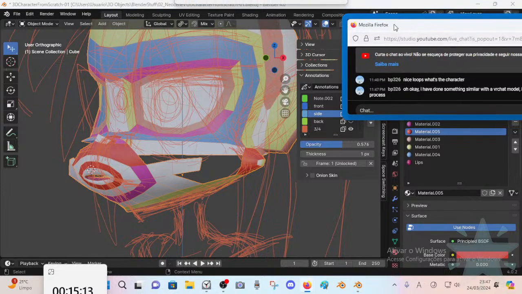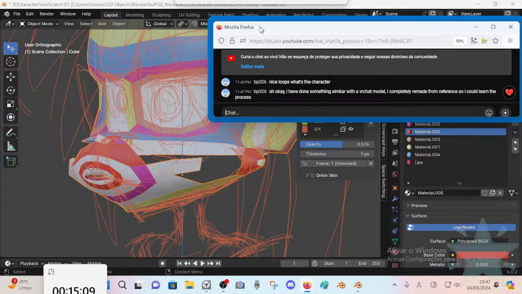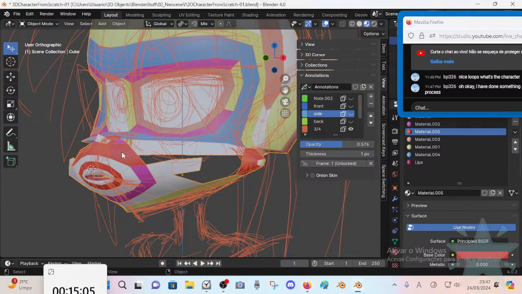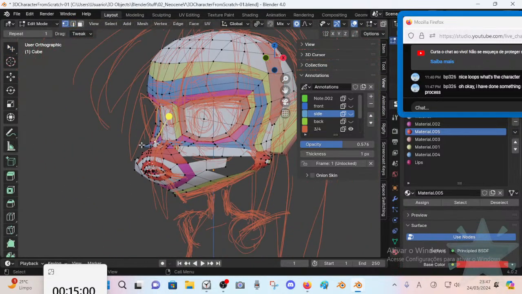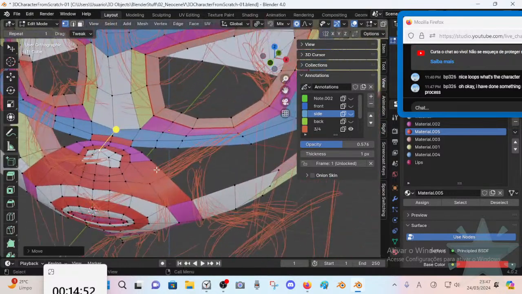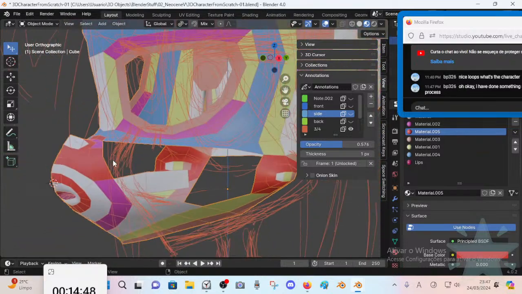Okay, I have done something similar with the VR chat model. Completely made from reference so I could learn the process. Yes, yes, exactly. It's good to make lots of characters to really get good at it, because if we get rusty, if for a long time I have been only rigging characters, right,